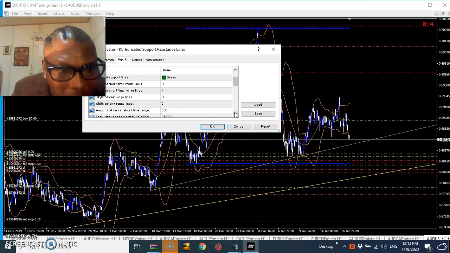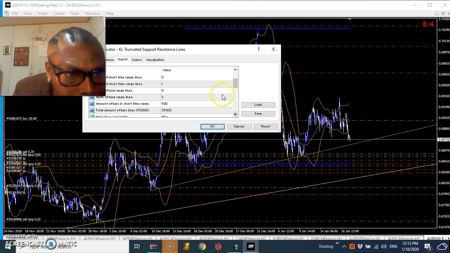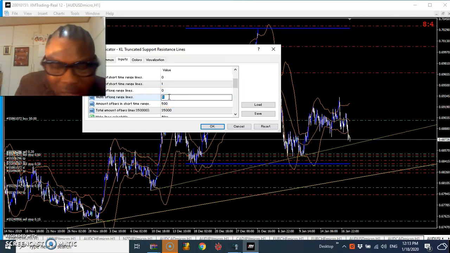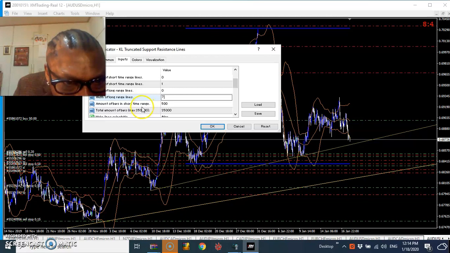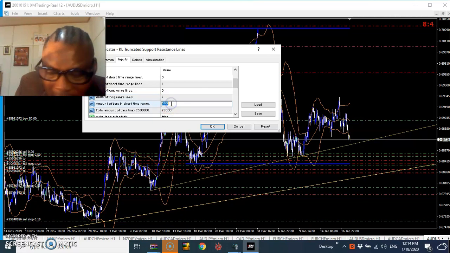Width, I want to touch. Okay, width of the long range lines. Let's say 7. I love to use 7 because I love to see it very well. And the amount of bars in the short time range, I want the amount of bars to be not 500, but 1000. Okay, now